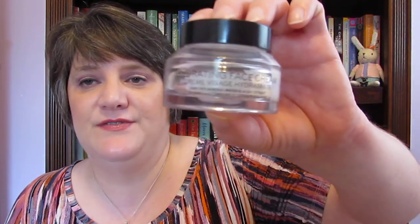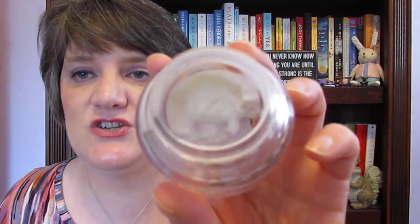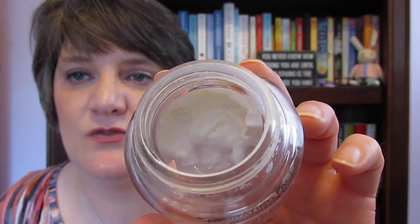This is the Bobbi Brown Hydrating Face Cream. I absolutely love this. I think I've had this about a year, and I have this much to go, and I just want to get through it. I don't want to waste it because this is expensive, and I just want to get through with it because I have a lot of